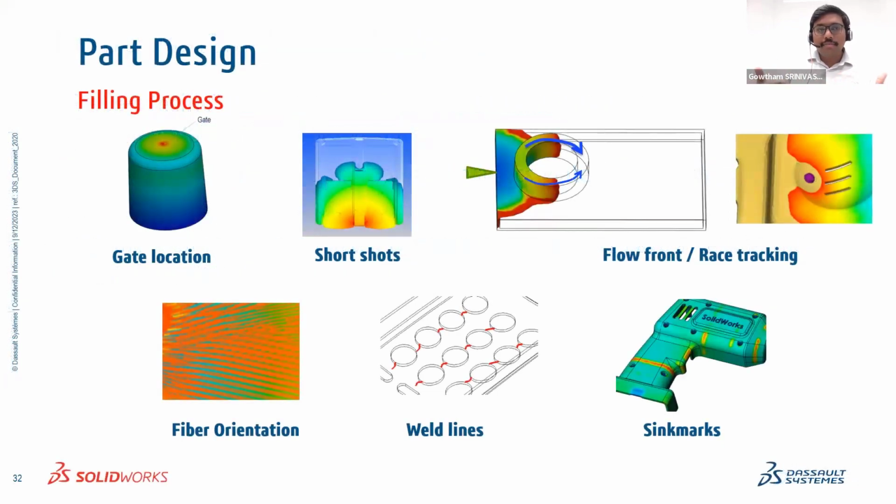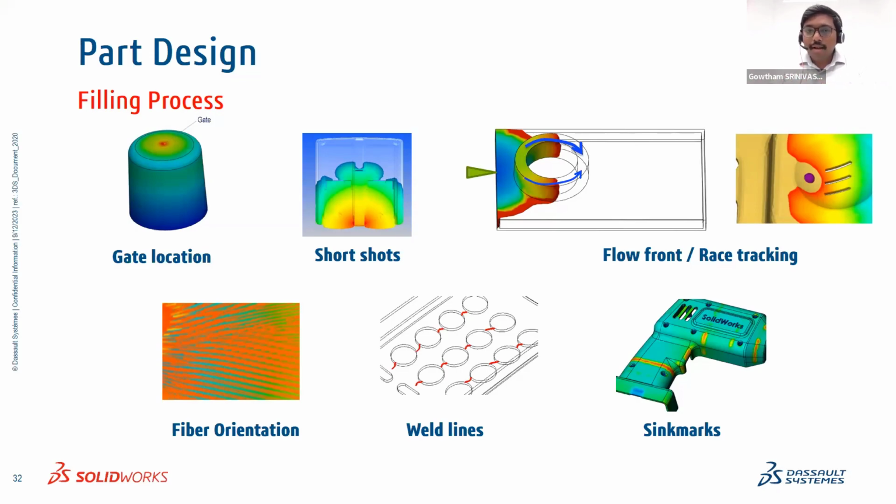So what can we test as a designer? We can find the better gate location to get uniformity of the flow. We can have an idea whether the product we design, if it is very thin or stringent, will fill with the parameters fed, or whether it will result in any flow front, raised steps or weld lines, and whether that affects the structural integrity. And if the polymer used is fiber reinforced, we can see what the fiber orientation is,